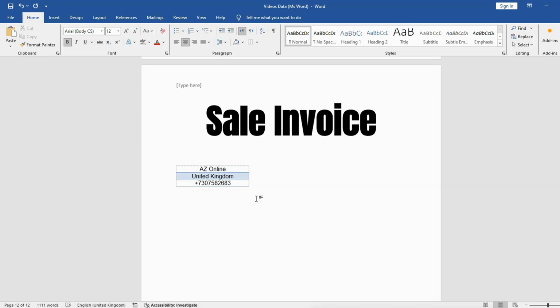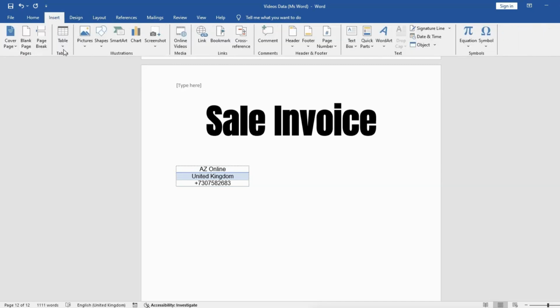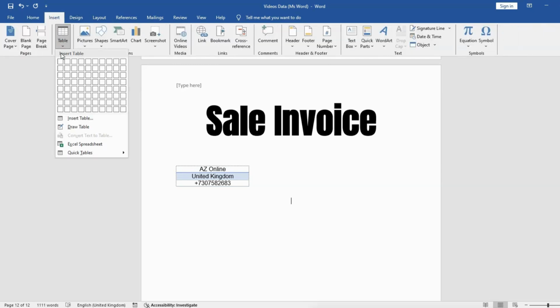How can I insert the table? There are two ways of inserting a table within Microsoft Word. One is to go to Insert and the Table option here, and you can select the rows and the columns, whatever you